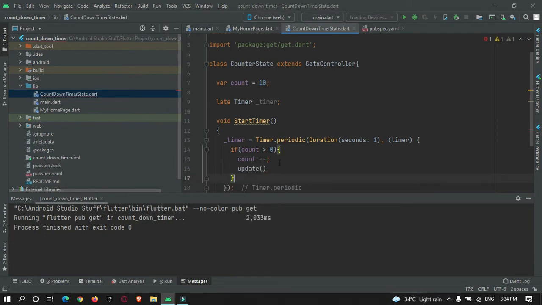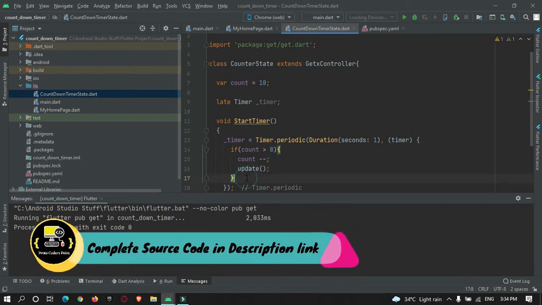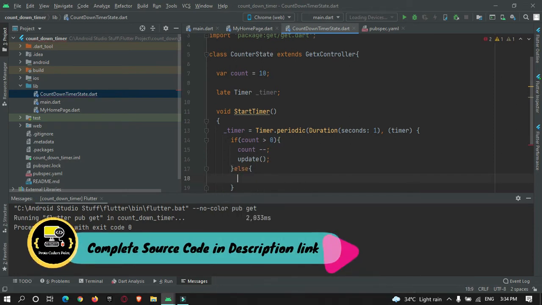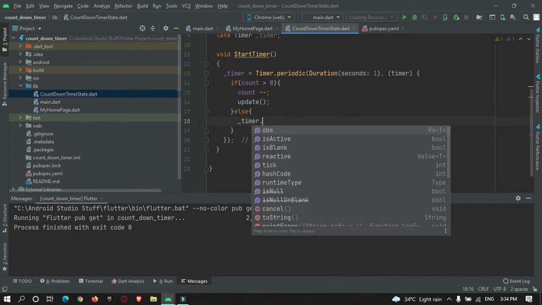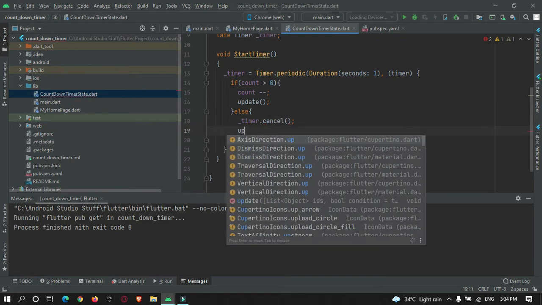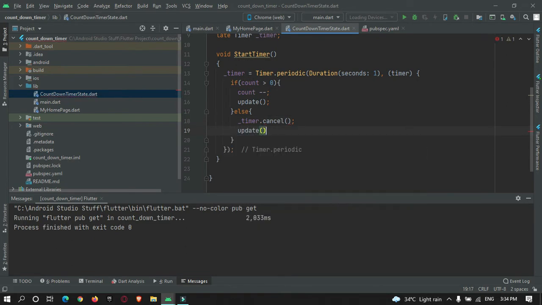And if the counter is less than 0, then we need to stop the timer with timer.cancel and then just update. Update is for state management. As we are updating the counter variable, we need to update the consumer of this counter, so we are using this update command. Okay, so start timer is ready.